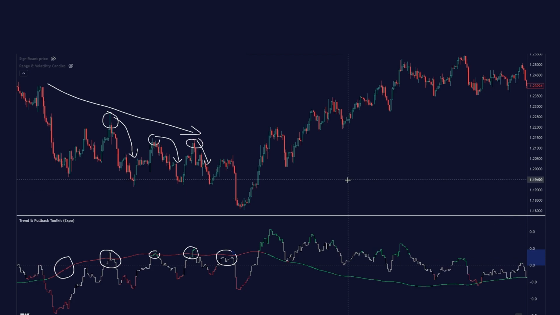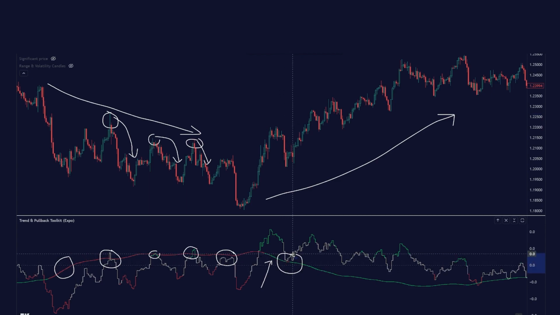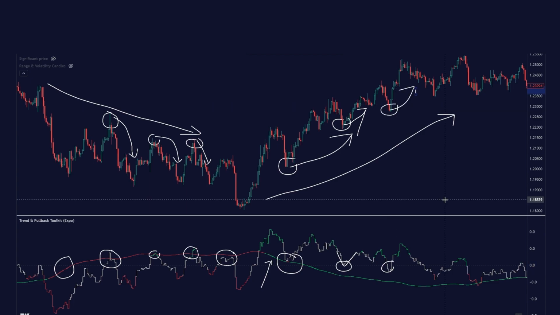And when we are in a positive trend, the trend line is green, and basically when the trend line is green, we want to look for retracements within this positive trend. So when the white line comes back down and retests this green line, we can enter long at this retracement. If there is a strong trend and the white line comes back down to the midline, to the zero level, and bounces, this can also be a sign of a retracement. So in this case we can enter long, in this case we can enter long,